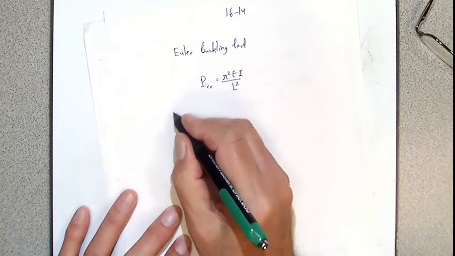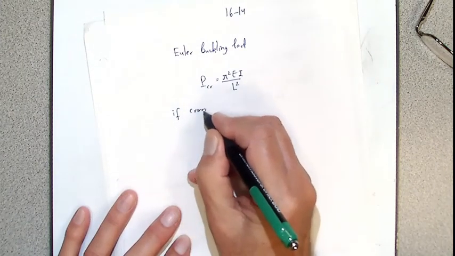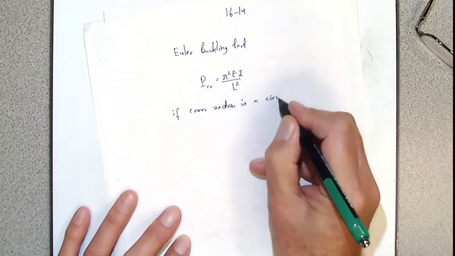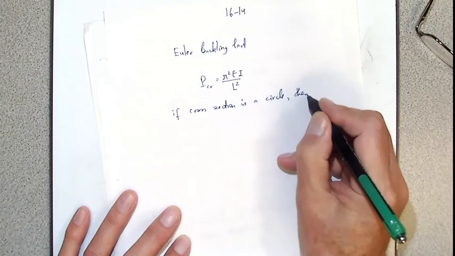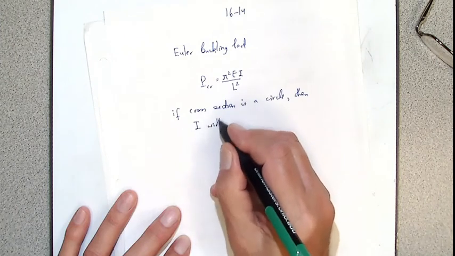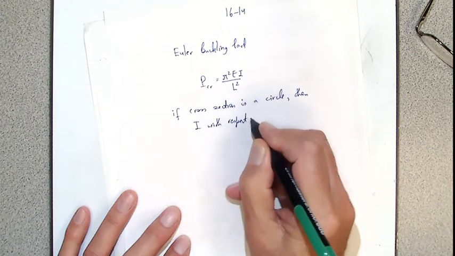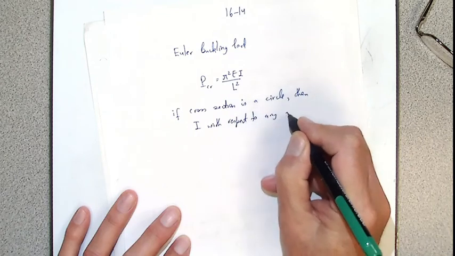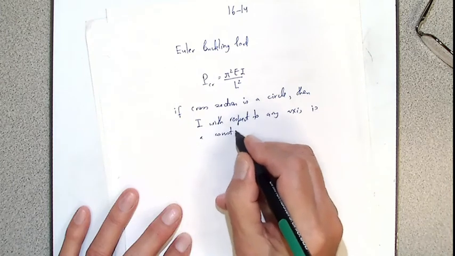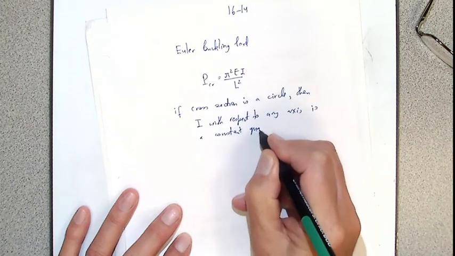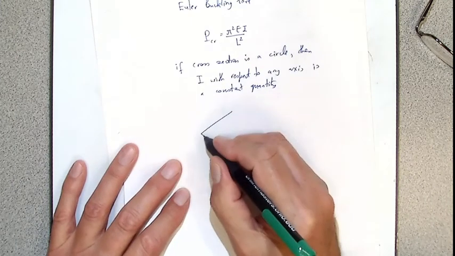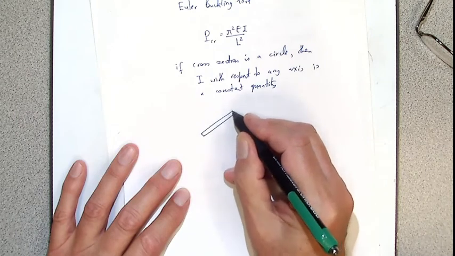If, of course, the cross-section is a circle, then I, moment of inertia, with respect to any axis is a constant quantity. But if the area is like this, a rectangle,